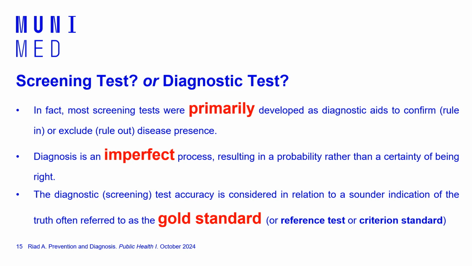And why is it impossible? Because the methods that we use for diagnosis or screening are not valid independently. They are valid, or they are decided to be valid, based on a comparison to previous tests. So we have reference tests or gold standard tests, as we call them, and we compare these new tests or methods in relation to these previous ones. If they are very similar, then the accuracy of these new tests, or index tests, will be high. If they are different, it means that it will be lower.